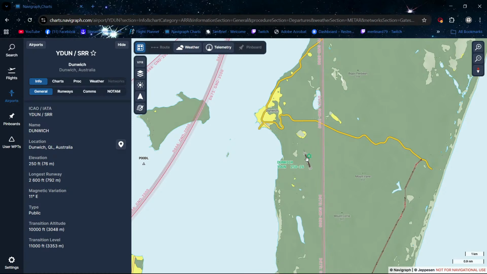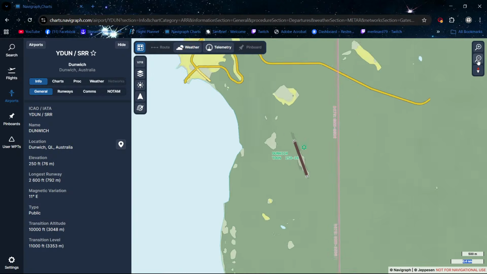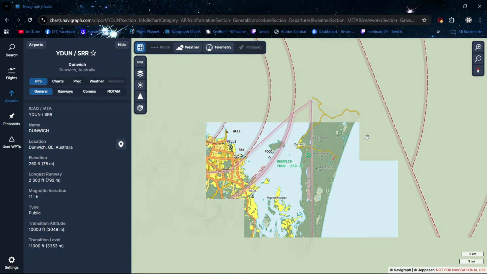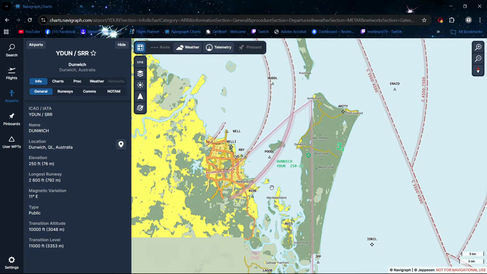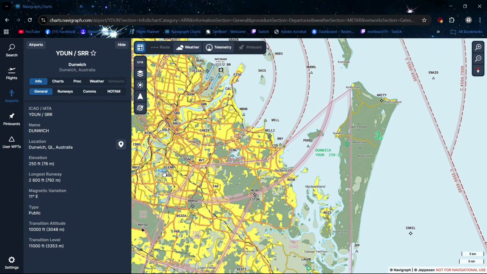So we're going to this airport here. We'll just zoom in a bit more. It is on the other side, over the water from Brisbane itself. So pretty much we'll be taking off from over here. Archerfield is just here, and we'll be flying over here. This one does not have any approach. So obviously, we can use RNAV and VNAV to come over to the airport